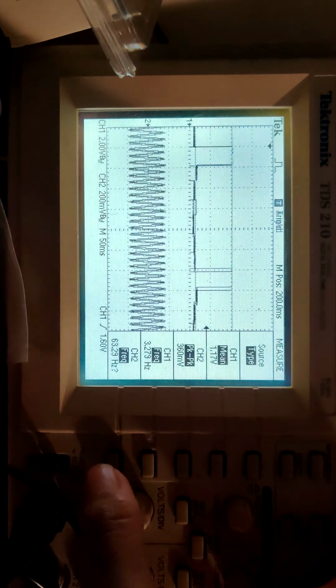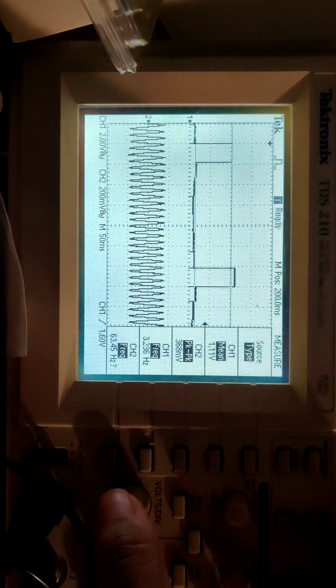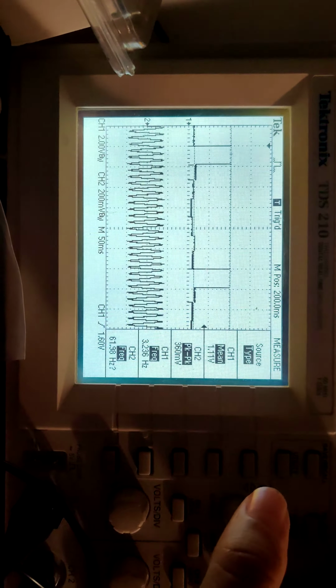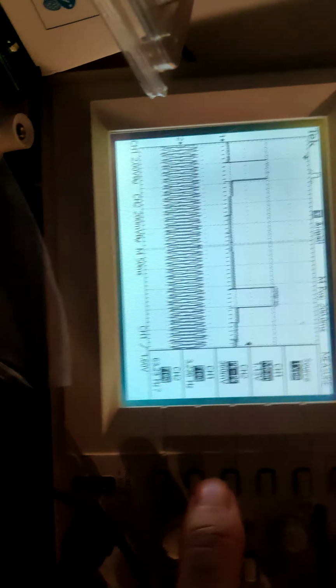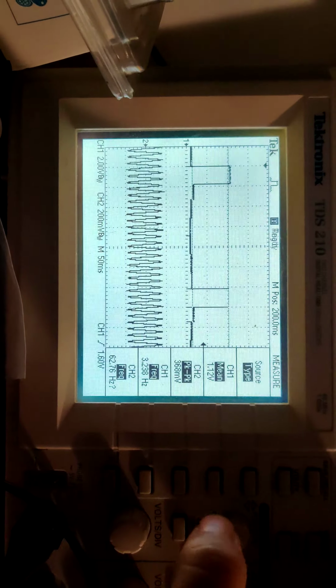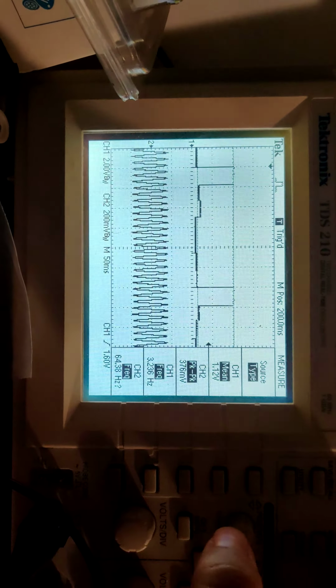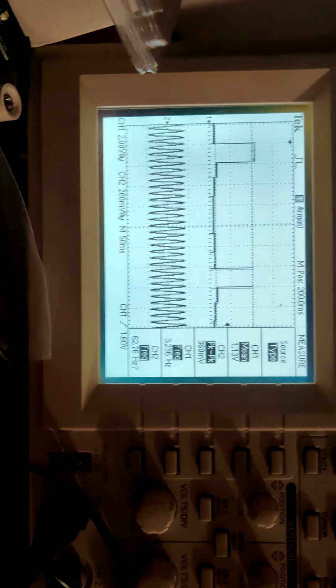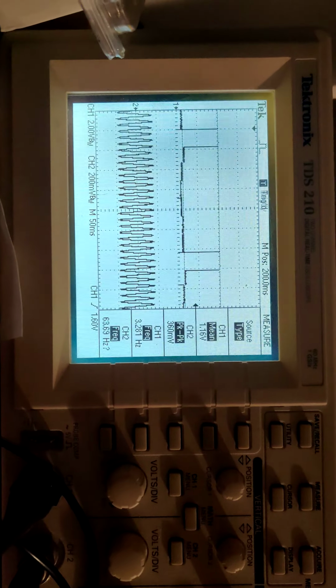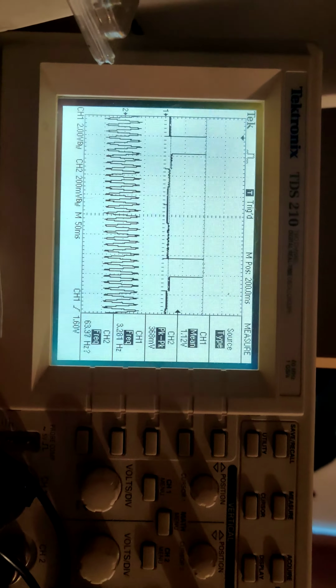Yeah, so I'm feeding supposedly 63 hertz, and the peak to peak is 360 more or less. Obviously this is not very accurate, it's a super old scope, but anyway, we see here that yes, actually here